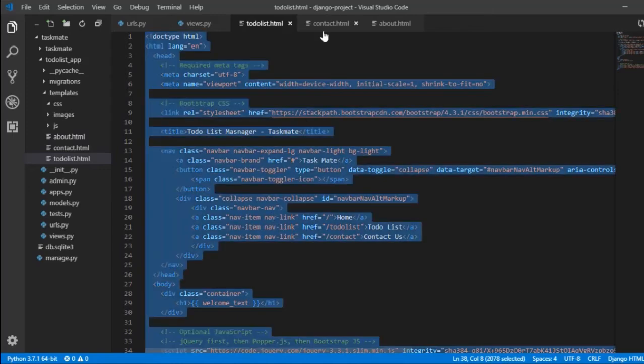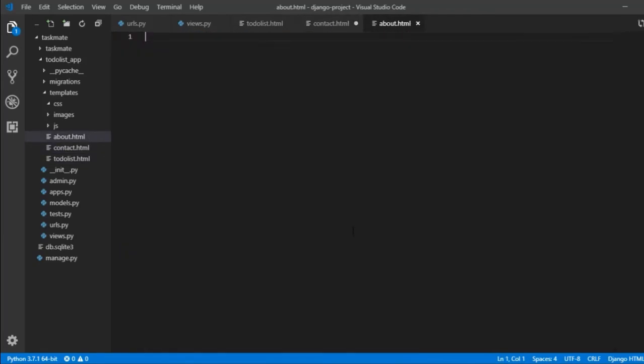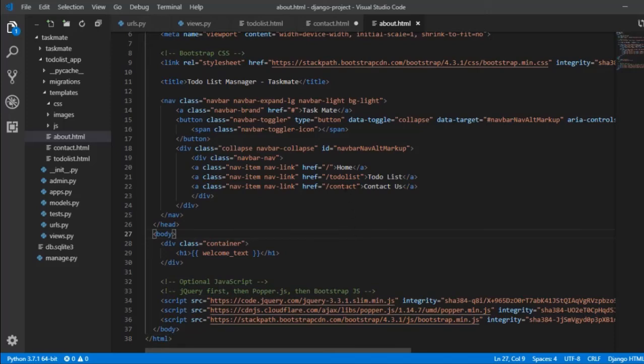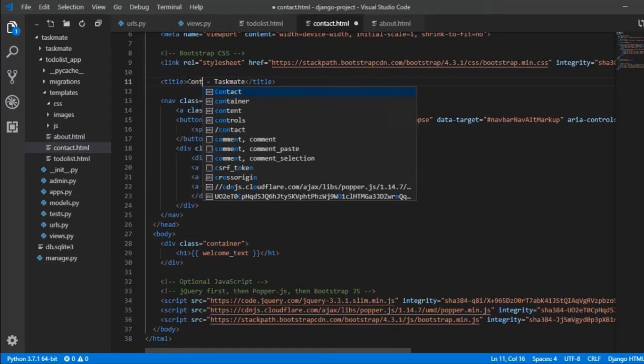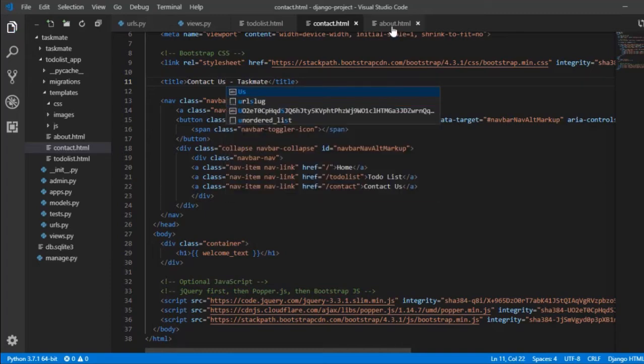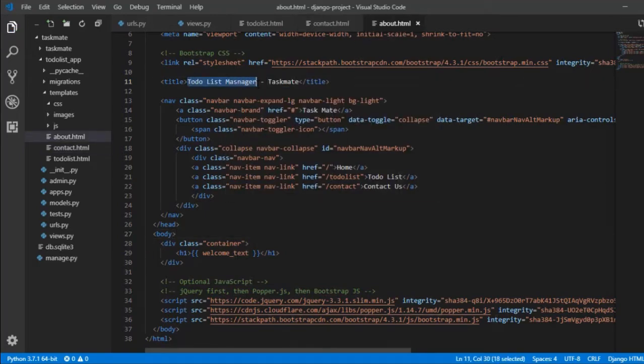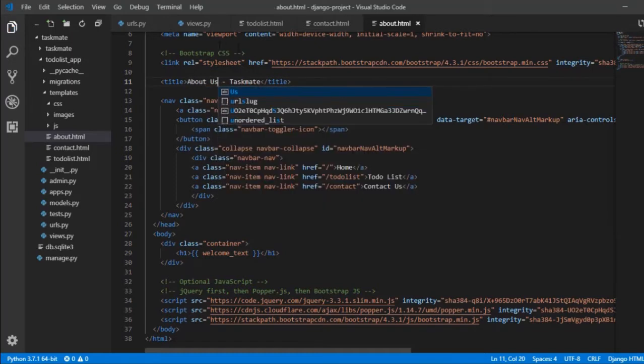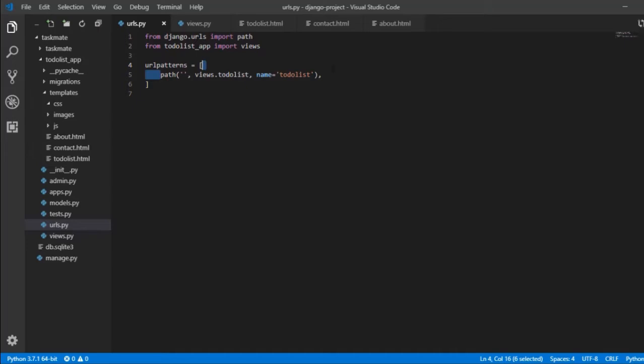I will also replicate content from to-do list. And the next thing is I will change this title. This looks fine to me. So we have our HTML ready. I also need to add my URLs as well as view. What I'm going to do is I'm going to use contact. The second one I would be using as about. This looks fine. Remember, these two are dummy. I'm just trying to show you some concept and how things are going to work with Jinja as well as our templating.